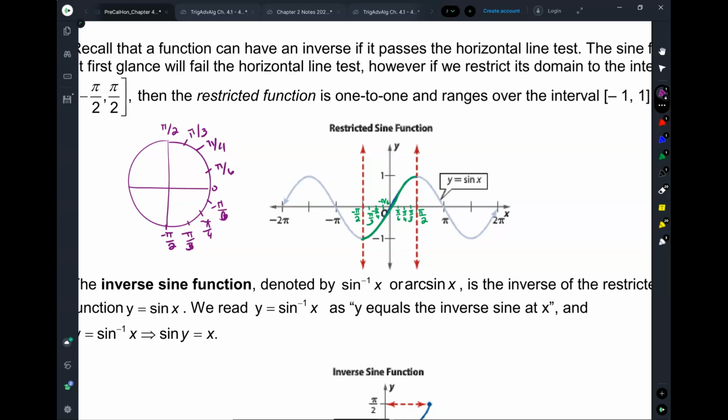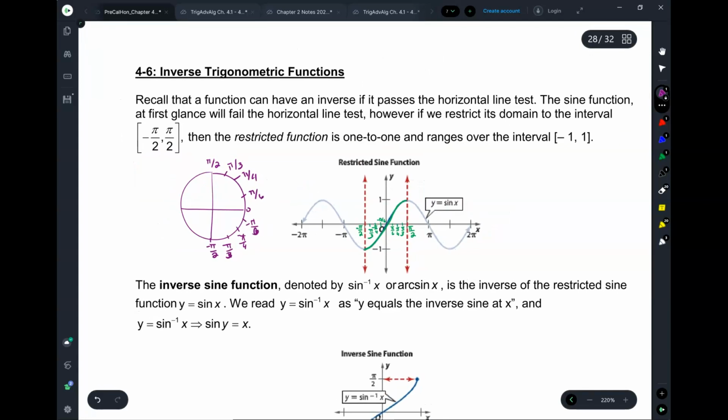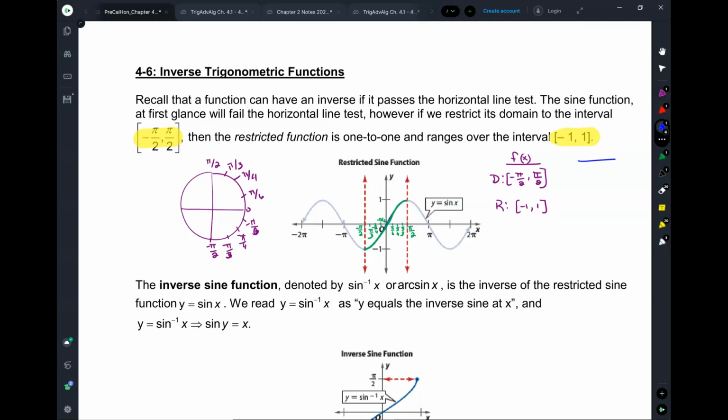Now, let's talk about something else. When I restricted the domain from negative pi over 2 to pi over 2, the range is still from negative 1 to 1, correct? So let's take a look. For my f of x, the domain is from negative pi over 2 to pi over 2, and the range is from negative 1 to 1. But when I take a function and I go to the inverse function,